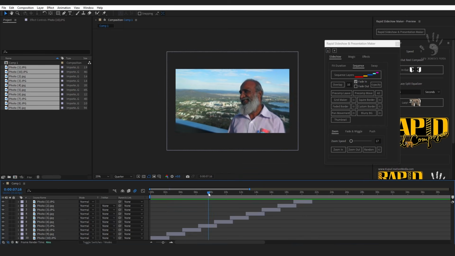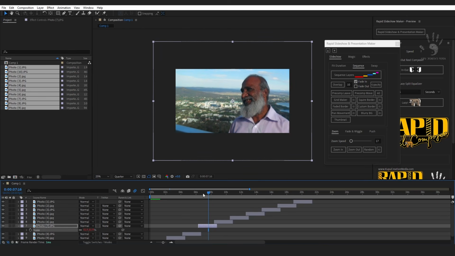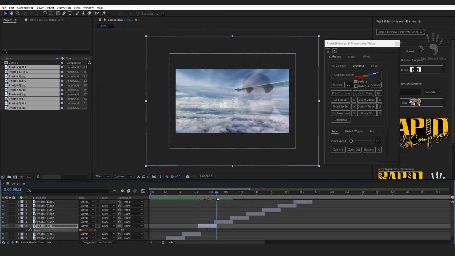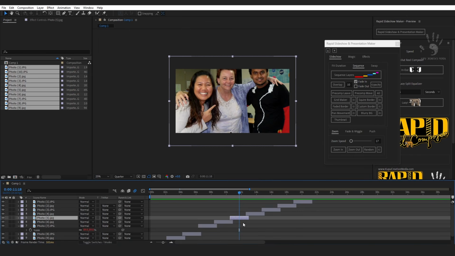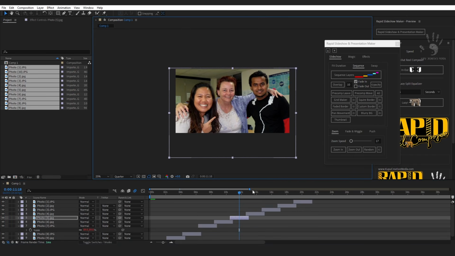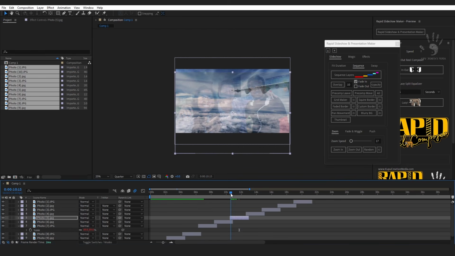And that zoom in and zoom out doesn't have any keyframes, so if you want to individually zoom in this one, you can do it, and it will still zoom in. If you want to specifically move that and then frame it properly, you can just select it, move it down, and then you can frame it properly